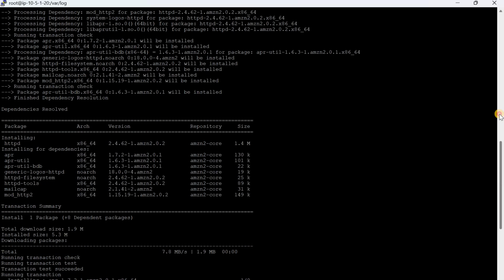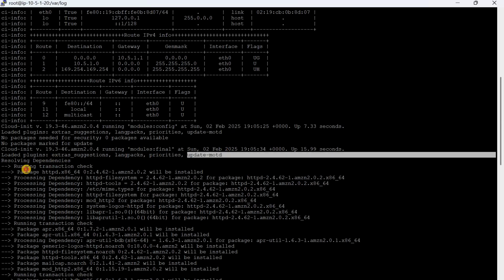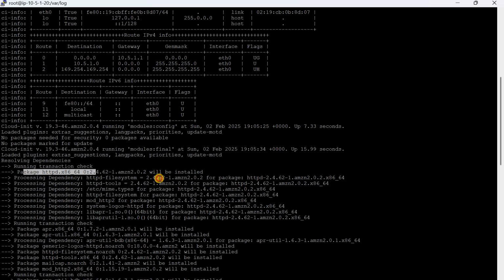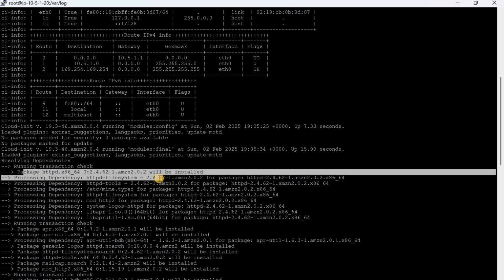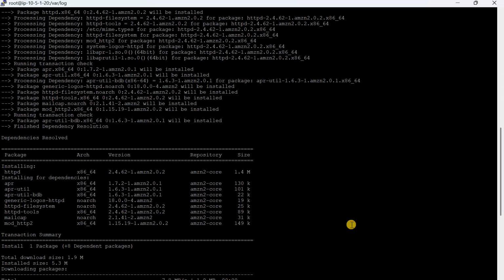See, this is up and running, and then our installation starts. It's running the httpd transaction, the httpd package we need to install, and once it is installed,